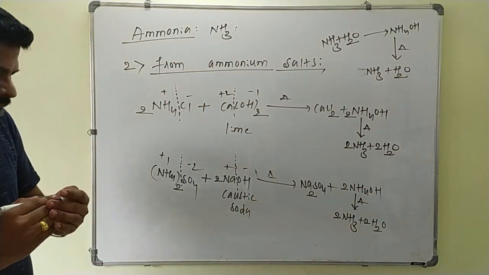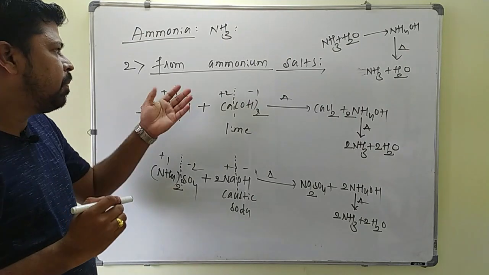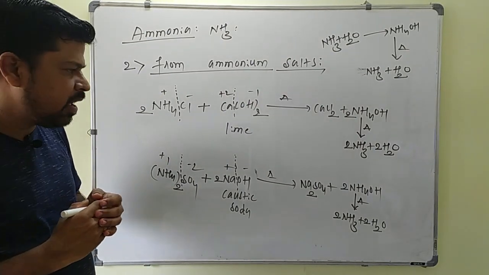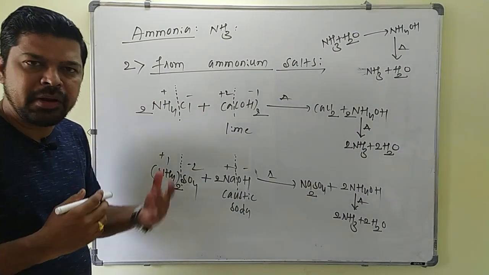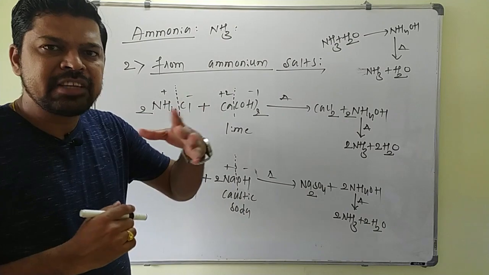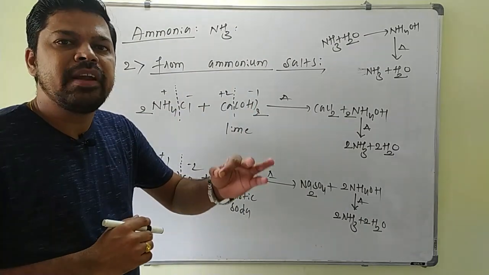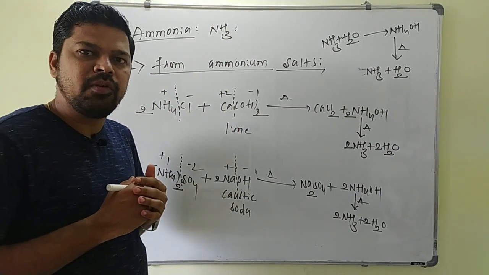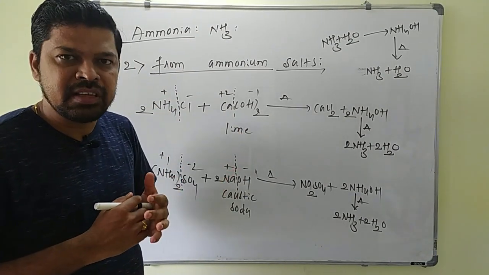This is the simple method for the preparation of ammonia. These are also called as laboratory method of preparation of ammonia. In small quantities, it is prepared from the hydrolysis of urea or from the ammonium salts. Next, we will discuss a very important method for the preparation of ammonia, that is a large scale preparation of ammonia by the Haber's process.